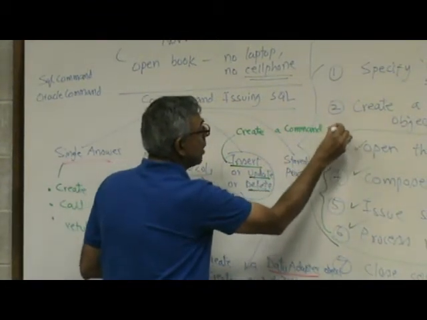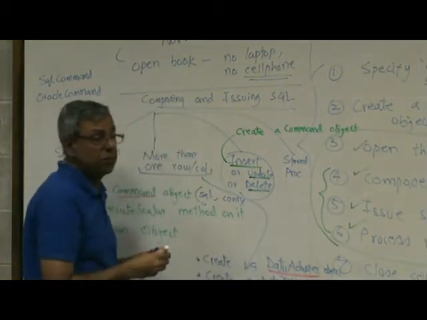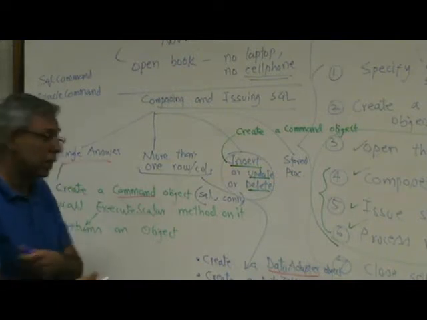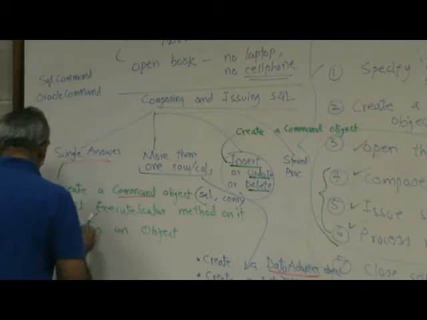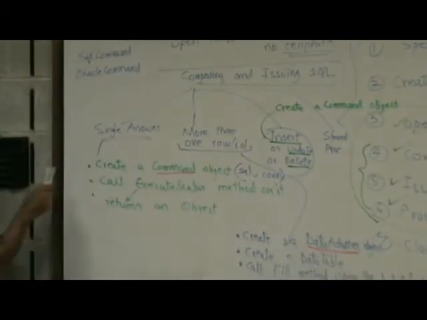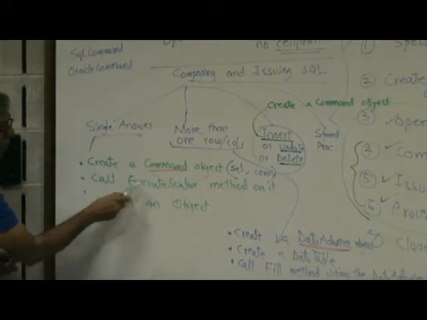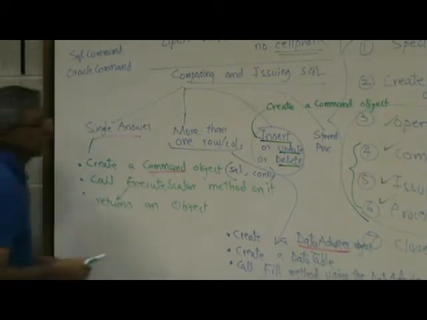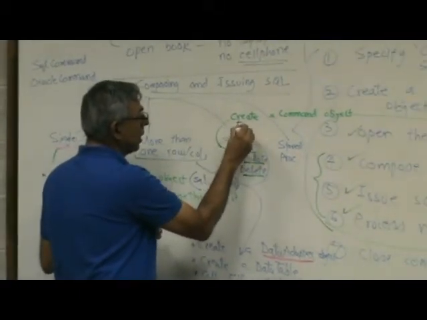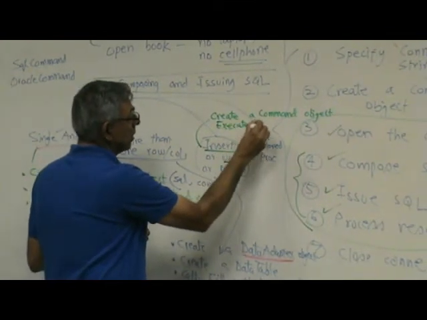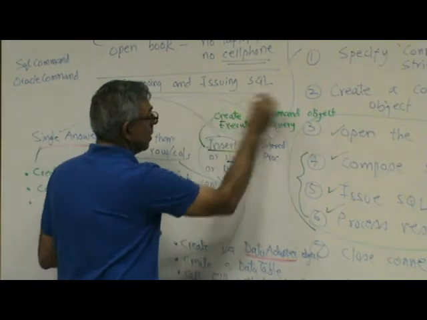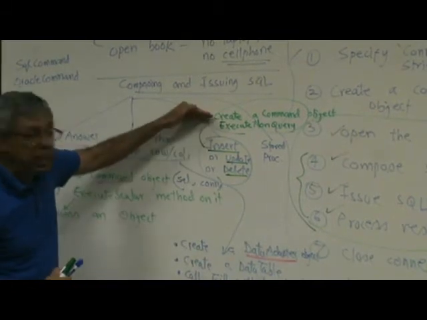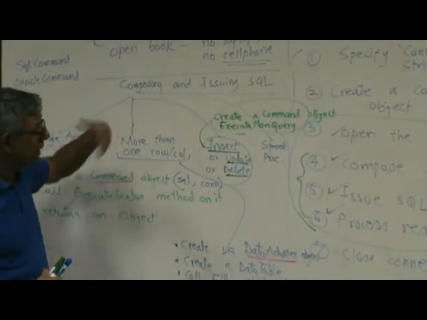And again, depending upon what database it is, if it is SQL Server, the class will be called SQL command. If it's Oracle, it will be called Oracle command, right? Okay, now we already created a command object for the single answer scenario, right? So execute scalar was the method to bring back one thing. So rather than calling execute scalar, the difference is over here we call execute non-query. Okay. So again, once you create the command object, you will tie it to SQL, you will tie it to